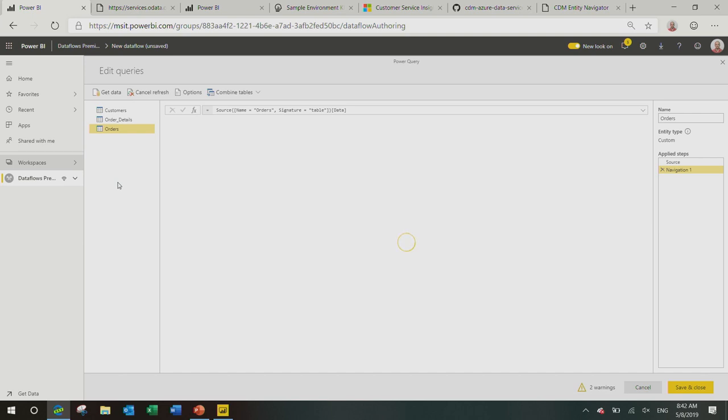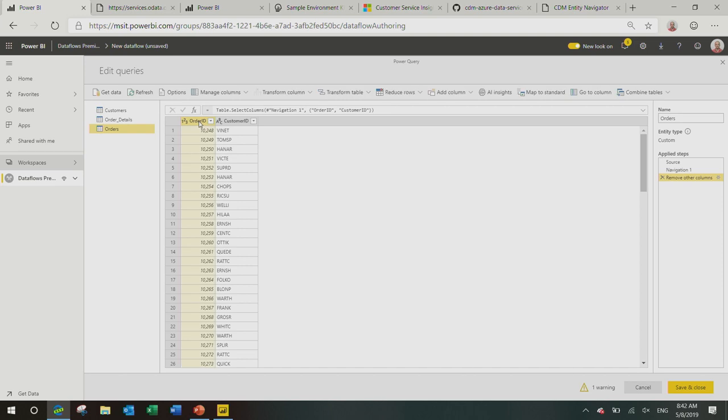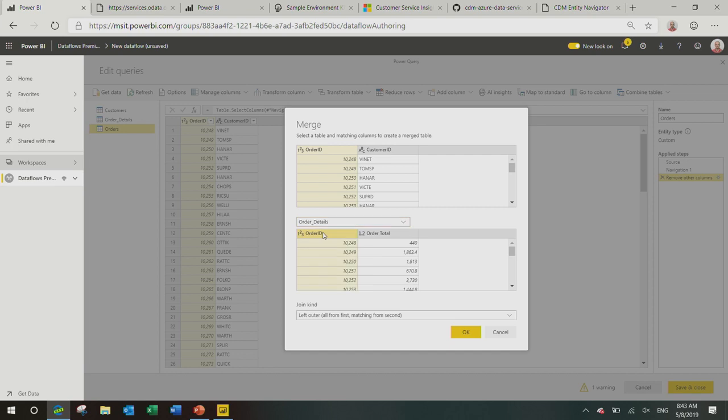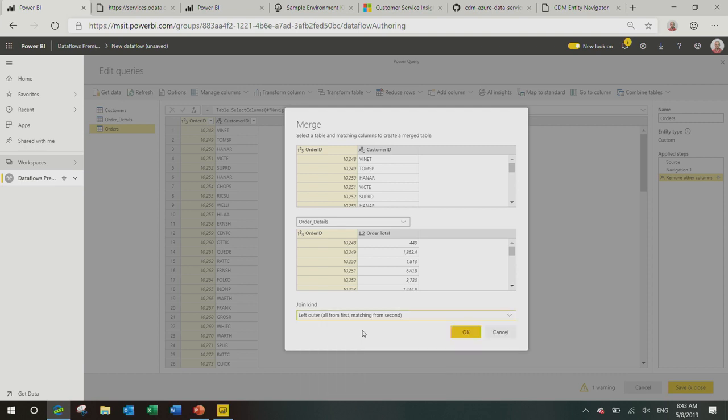Now we can go to the orders table and see what's up here. This is a table that holds the order IDs together with the customer IDs. It's the one we're going to use to ultimately do a join with customers. So we'll just keep these 2 columns. We can remove the other columns. And then we're going to do a merge, in Power Query terms, or a join in database terms. We're going to merge 2 queries. We're going to merge the current one, orders, with order details. And we're going to use the order ID column for both. Here's where we could select different join kinds, different types of join. We'll stick to left outer join.